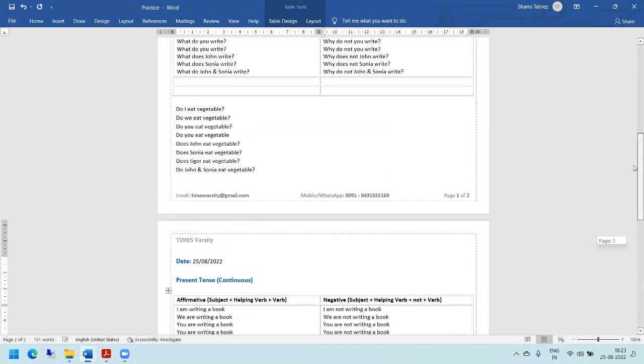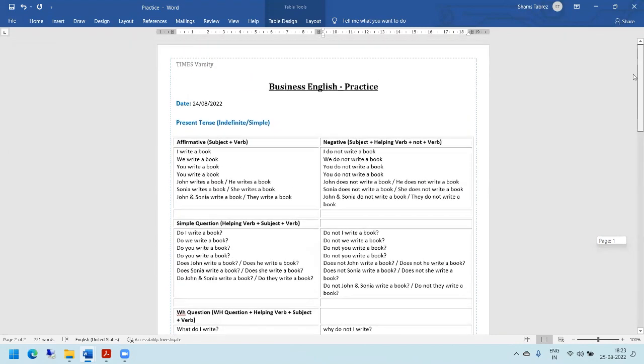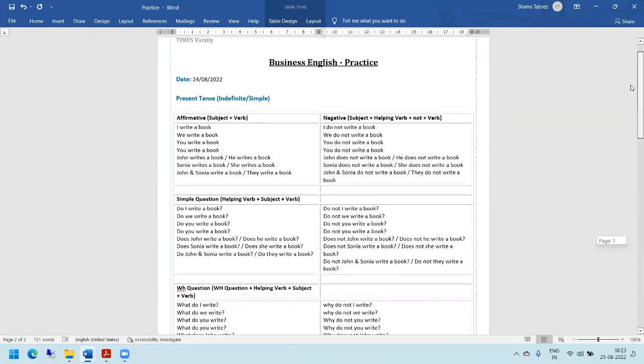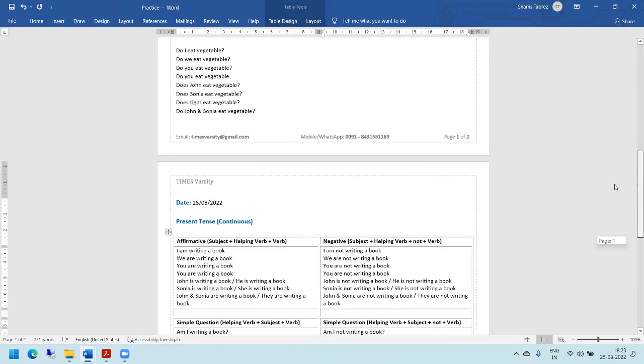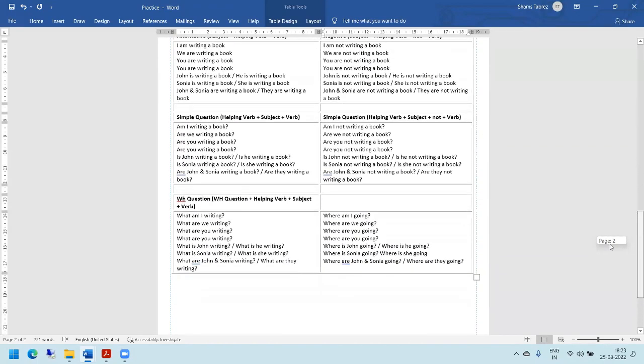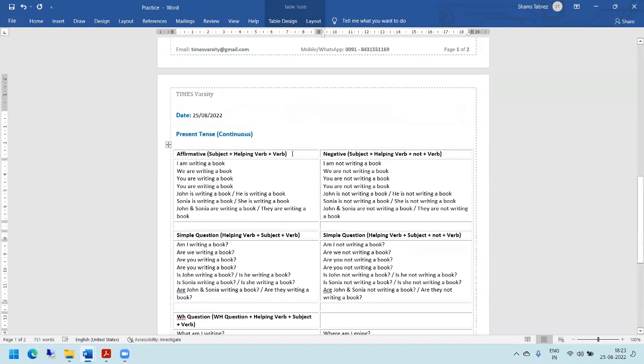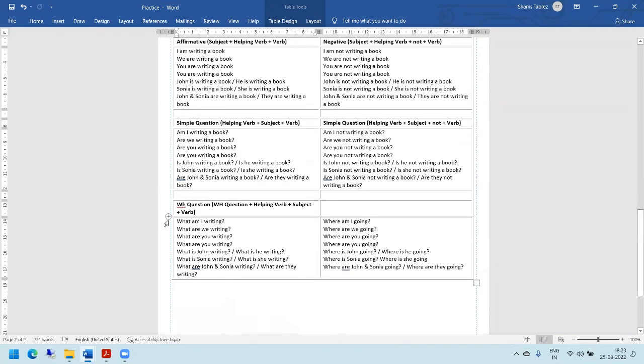Every day I am going to share this practice word file with you. You need to compare and understand the thumb rule, which is the syntax. When making an affirmative sentence, it is subject plus helping verb, then verb. In a negative sentence, subject plus helping verb plus not, then verb. In a simple question, helping verb, subject, and then verb. And in a WH question, WH word first,